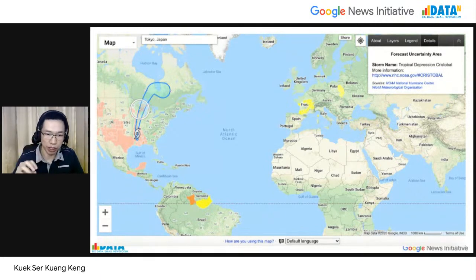It will also be shown on Google Crisis Map. And this map, you are able to embed it on your website, right? So you are able to select the location and then just embed it on your website. Or you can actually download, for example, the